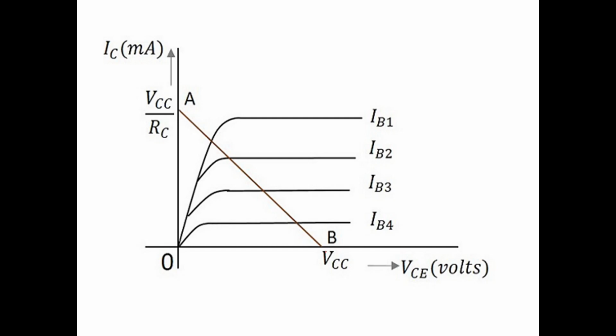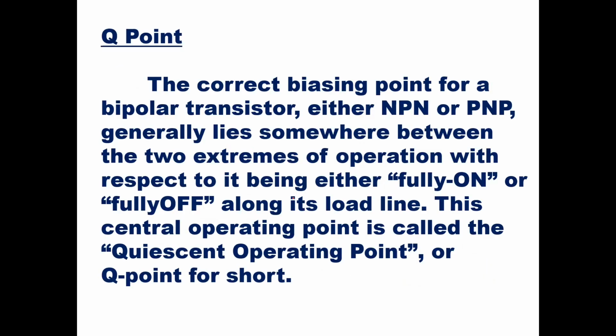So this is where you have shown the output characteristics. These are the output characteristics of the transistor, a graph between VCE and IC, and this is the load line. Now wherever the load line intersects with the output characteristics, that will be called operating points. Q1, Q2, you can take it as Q3. You have to decide where to operate your transistor for a particular application. Clear?